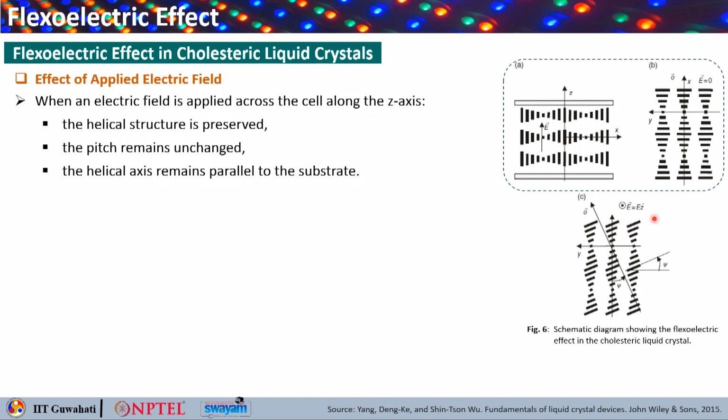So you can write E equals Ez, going along the z direction. What you understand is that the helical structure remains preserved and the pitch also remains unchanged, and the helical axis remains parallel